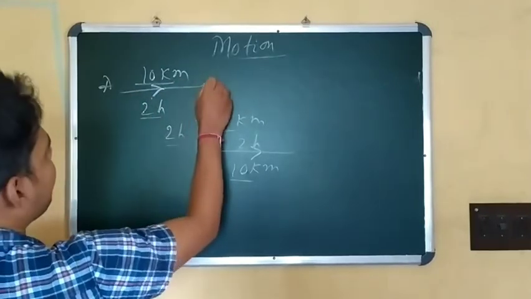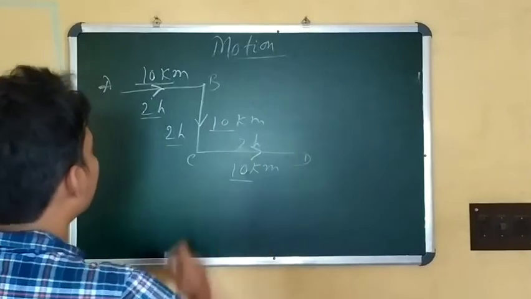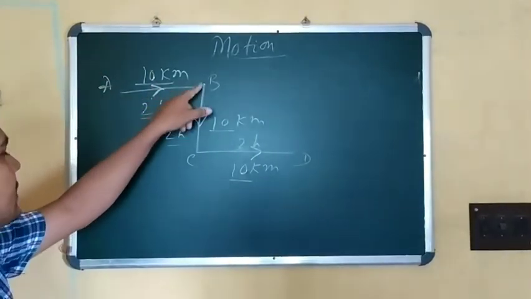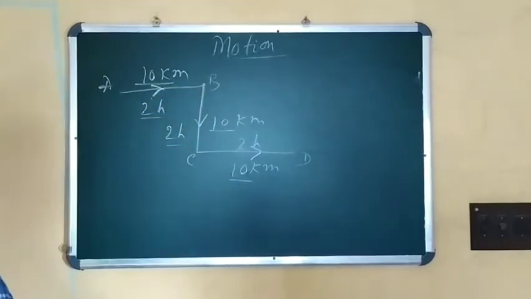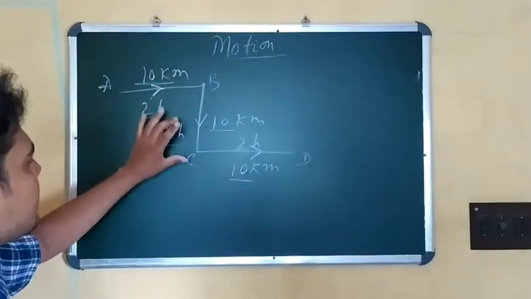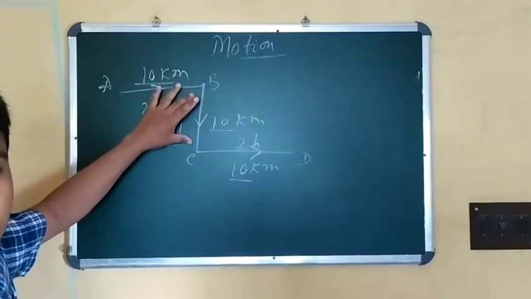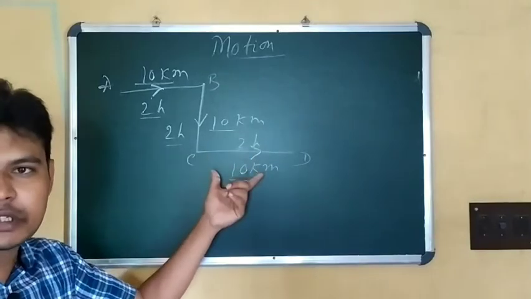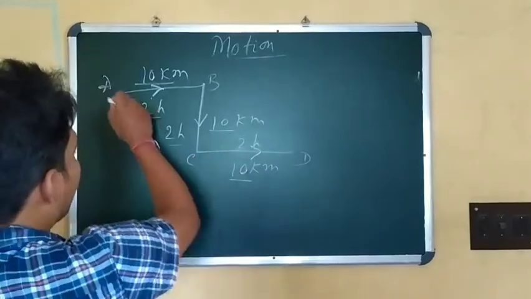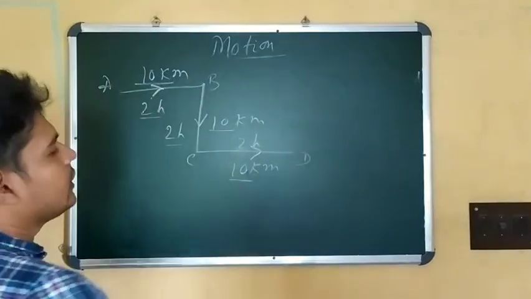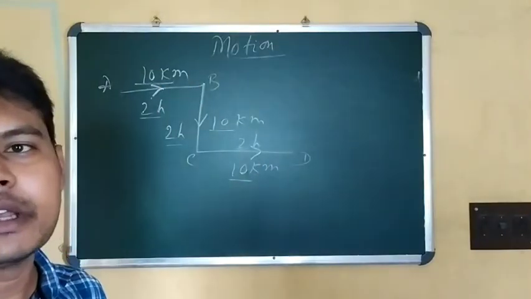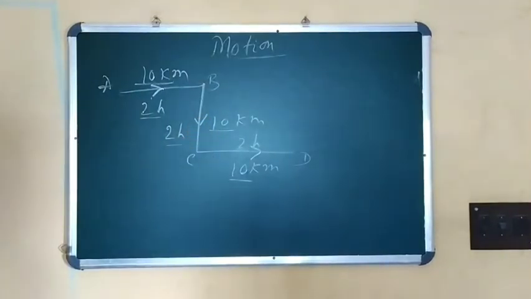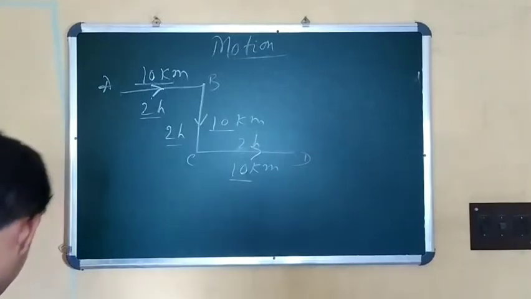Just give the names A, B, C and D. So A to B has a specified velocity, then when it turns back from B, it changes its velocity. So B and C also have a specified velocity, and again C to D, this portion, has a specified velocity, but we cannot say that along the whole path it continues with the same velocity. Okay, as the direction changes, the velocity also changes. Understood? Okay,